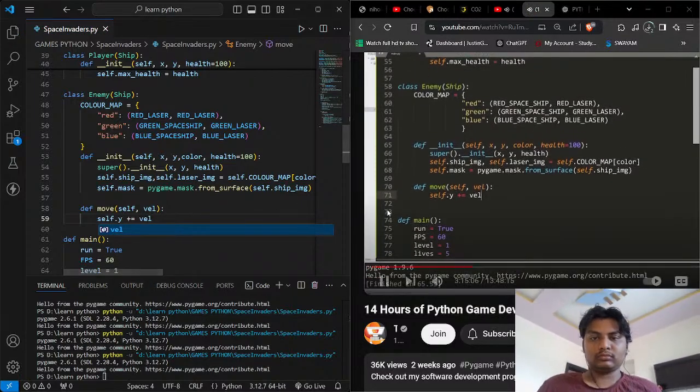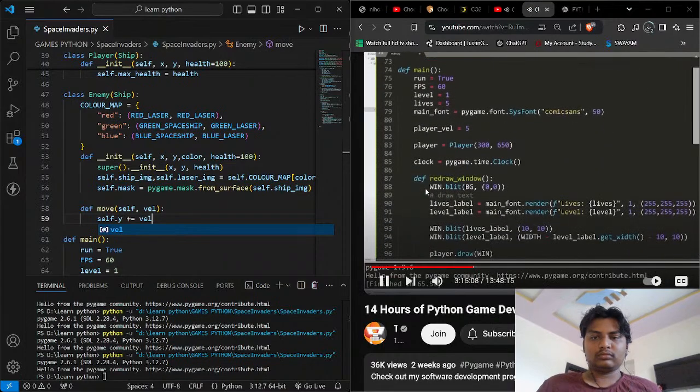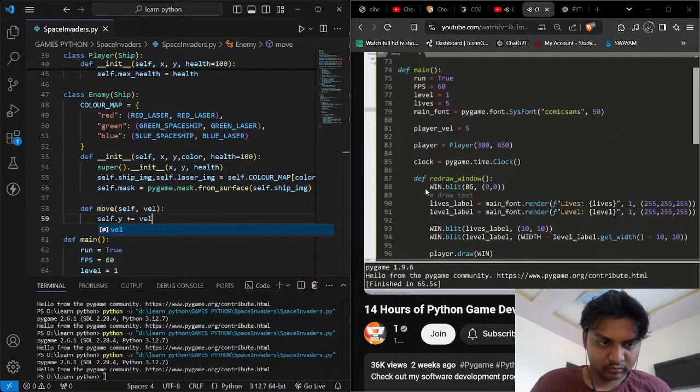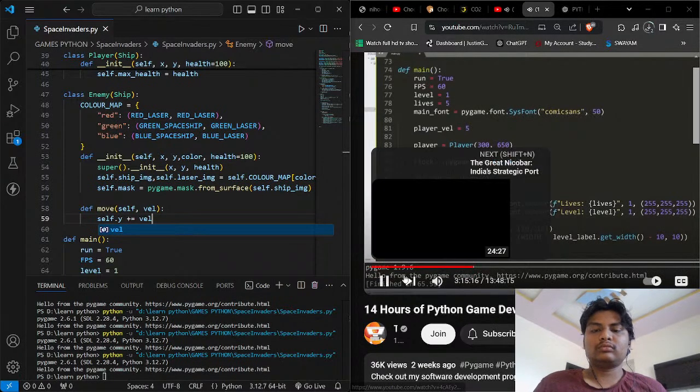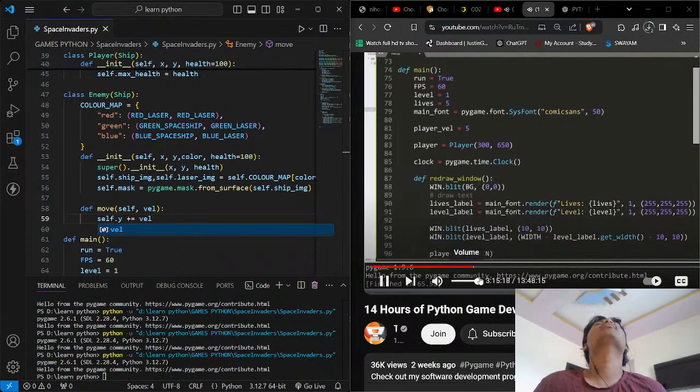Looking at my other screen, I think that's all we need for the enemy ship. So let's now figure out how we can start spawning enemy ships and have them moving down the screen. And then we'll do lasers, we'll do collision, a main menu, and I guess an end screen, like if you lose. And we'll pretty much be done with this application. Although that is in a little bit, because the lasers are the more